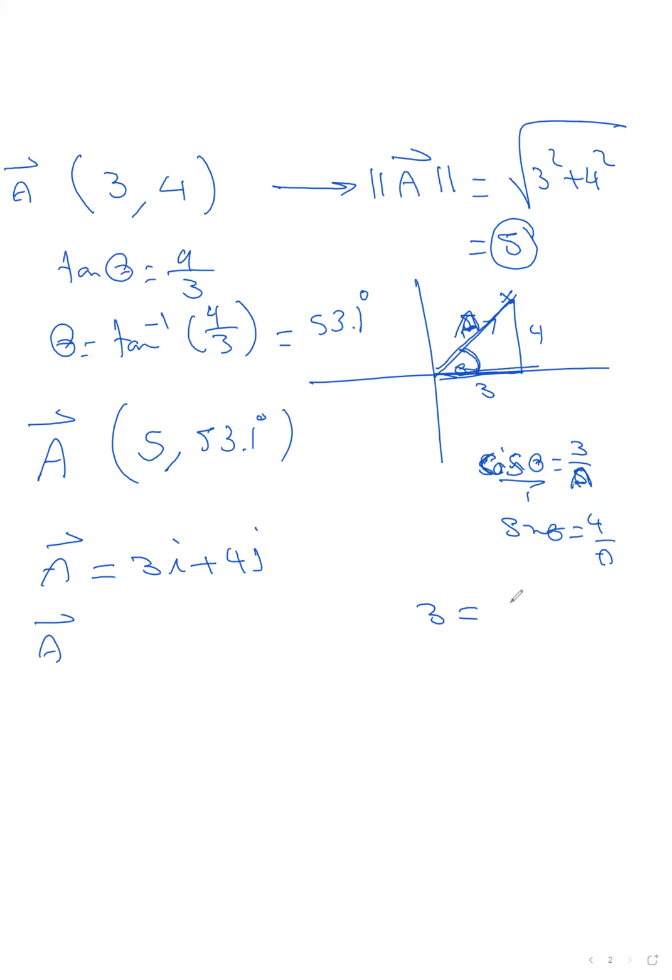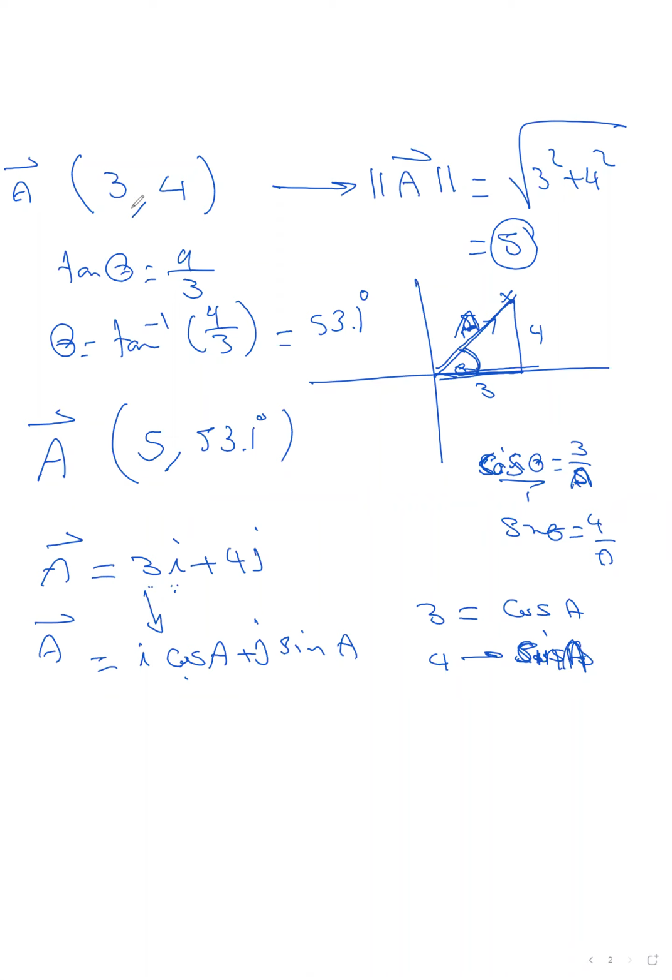الكومبوننت ده اللي هو 3 كان عبارة عن كوزاين A وال4 عبارة عن ساين A. اوكي؟ يبقى ال A ده يعني ال 3 ده ادي 3i فال3 تبقى i كوزاين ال 3 دي تبقى الاي زي ما هي i كوزاين A بلس j ساين A. كده بأي كومبوننتس من دي ادي i كوزاين A اللي هي 3 بلس j ساين A اللي هي ال 4. اوكي يا شباب؟